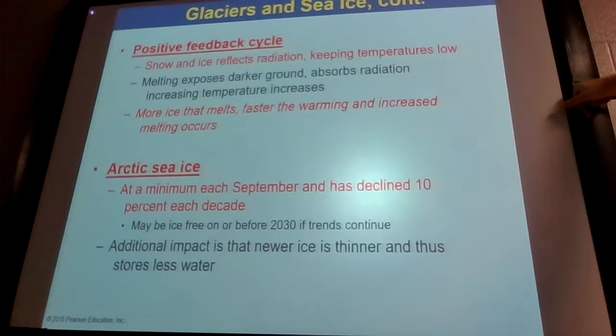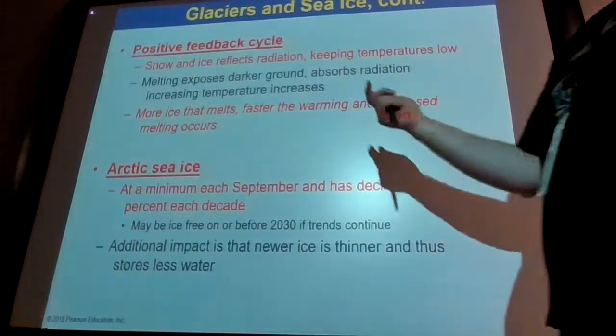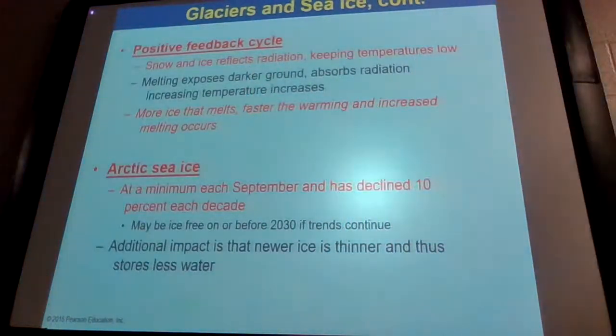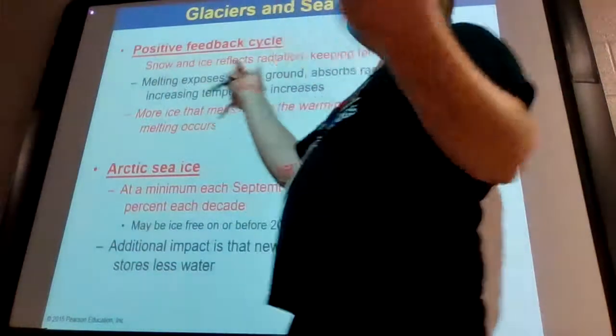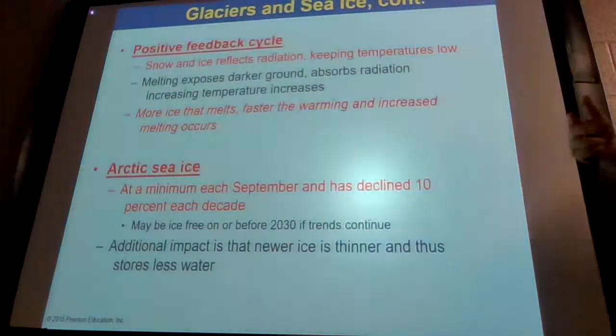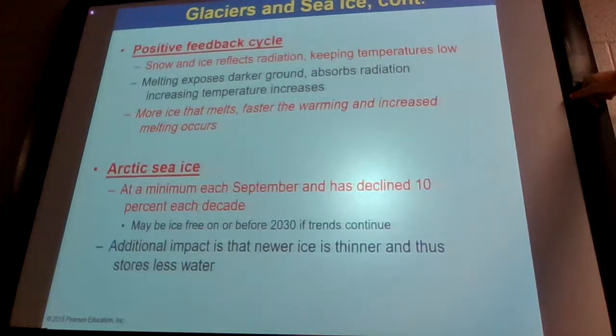So positive feedback cycles, y'all are familiar with positive feedback cycles, right? Where an effect of something just ends up making it worse. As your snow and ice is frozen, it ends up reflecting a lot of radiation. So that's helping to keep us cool along with the lower temperatures. The more snow and ice that melts, you don't get that reflection. That radiation hits the surface and causes more heat. And so the less snow and ice we have, the hotter we get, the faster we get. That's part of your positive feedback cycle as well.